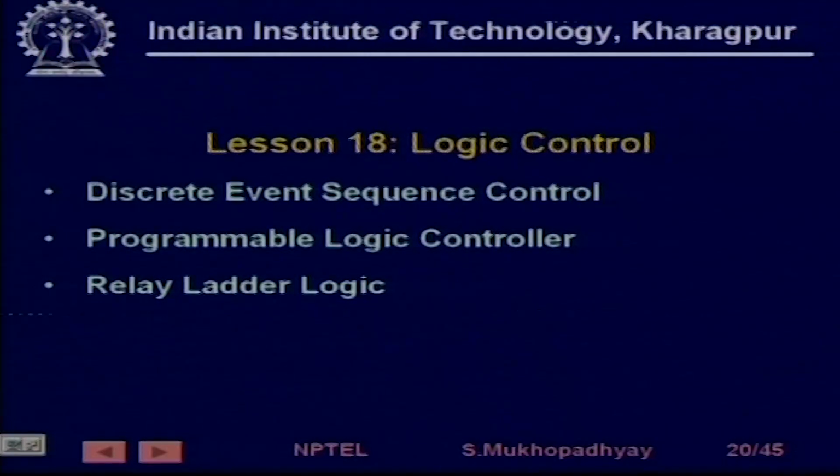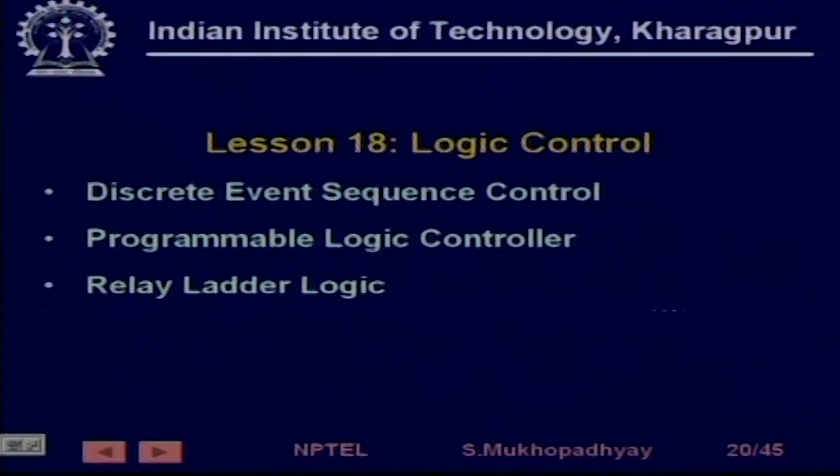We first took a brief look at the theory, since any control is actually based on models. We took a look at some discrete event system models and then tried to capture some of the industrial sequence control problems in terms of these discrete event system models. Then we introduced the programmable logic controller or the PLC. It is a class of equipment sold in the market, which carries out most of the sequence control. And then we introduced the programming languages for this logic control which are used in PLCs, namely the relay ladder logic.